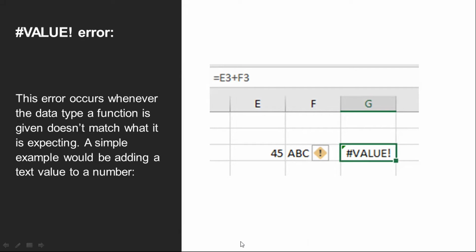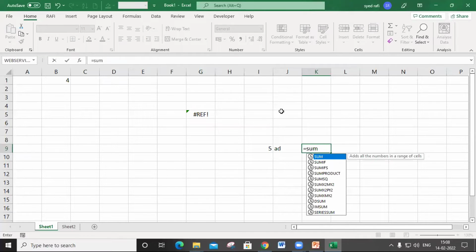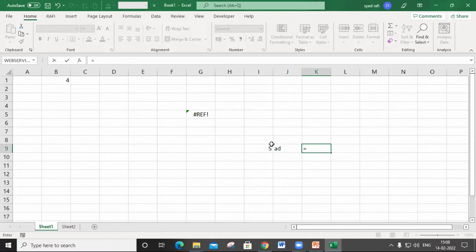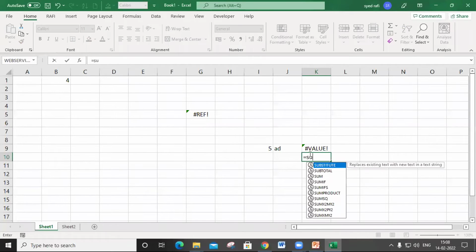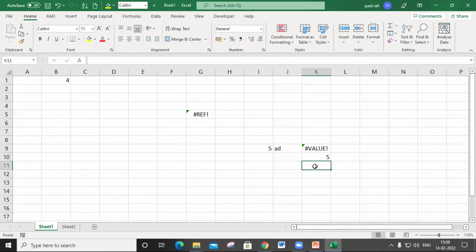I will show you. I take one example here. Here I take some values and equal to SUM, or otherwise you may do like this, and put one comma and put this one. So it will be displayed like this.